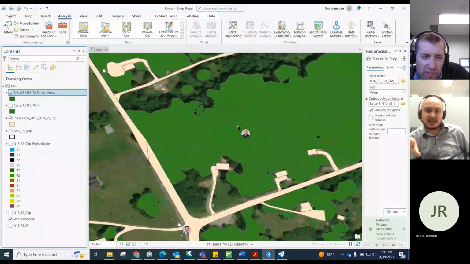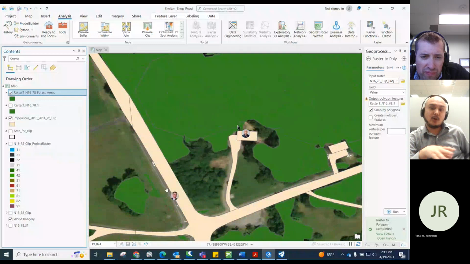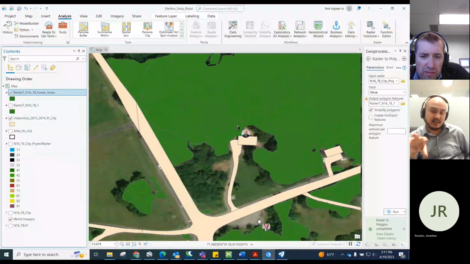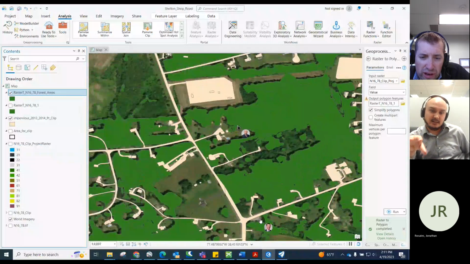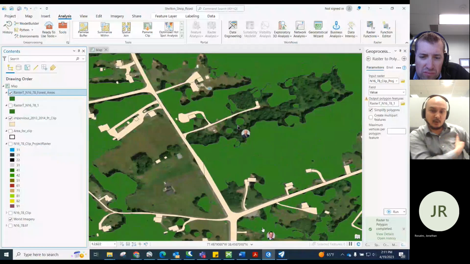Exactly. So whatever works, like if you want to modify this thing or you want to make a separate polygon for forest and combine it with whatever you have, whatever works. We need to make sure our project site area has an exact correct land use based on the survey. Okay. So that's the whole thing.